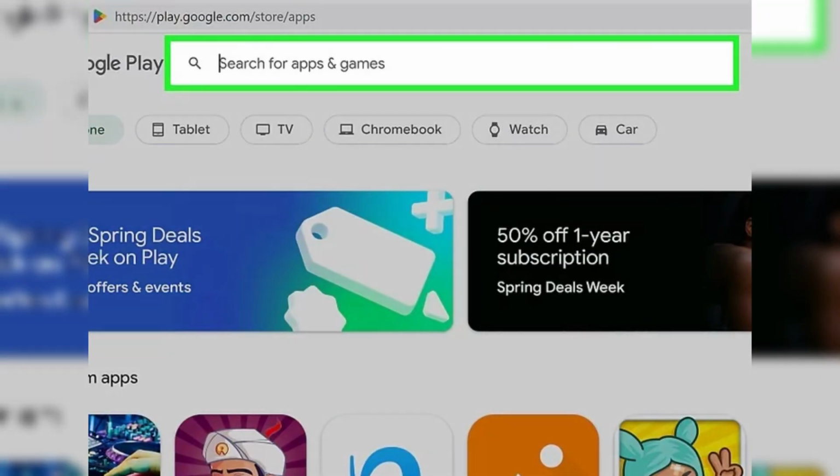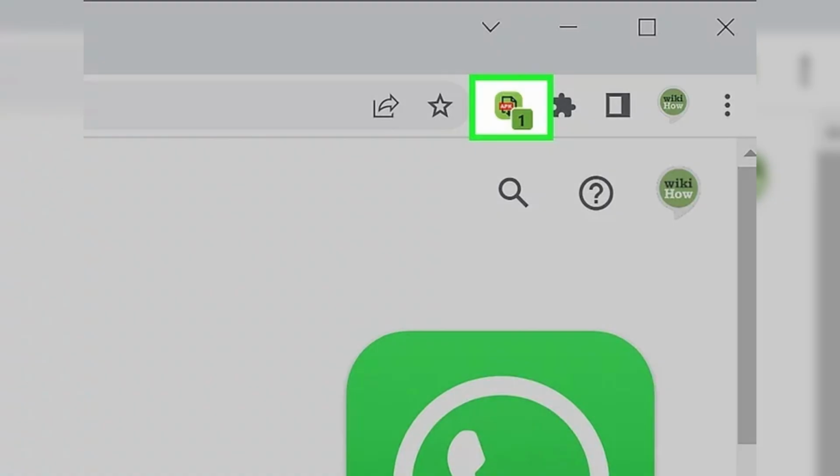Next, click the puzzle piece icon in Chrome's toolbar and select the APK downloader from the list of extensions. In the APK downloader pop-up, click the Download APK button and the APK file will be downloaded at your default downloads folder. You'll need the software like BlueStacks or an Android device to open and install this APK file on